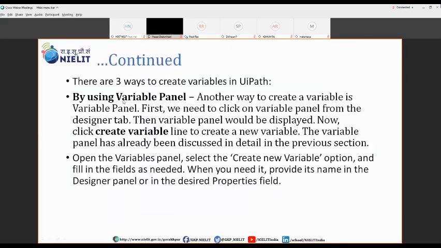There are basically three ways to create variables in UiPath. By using the variable panel, we have already seen this. Apart from the variable panel, we have two more options, that is the context menu and the properties panel. We'll discuss all three one by one.